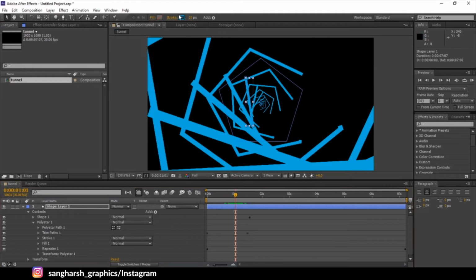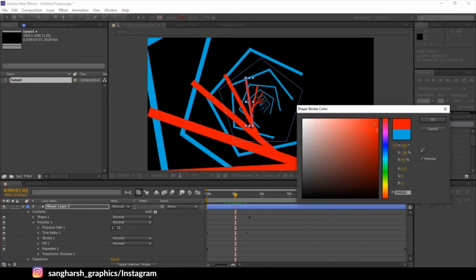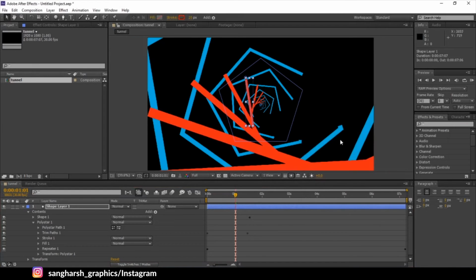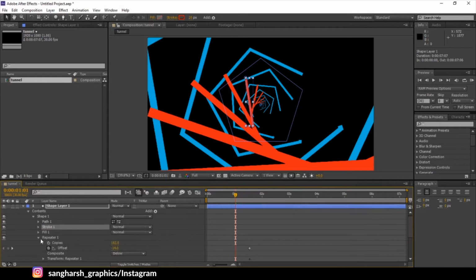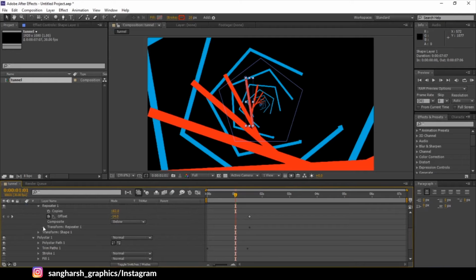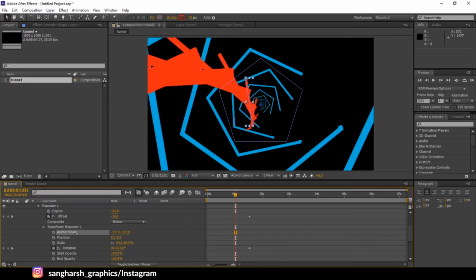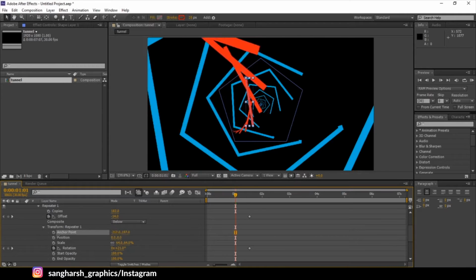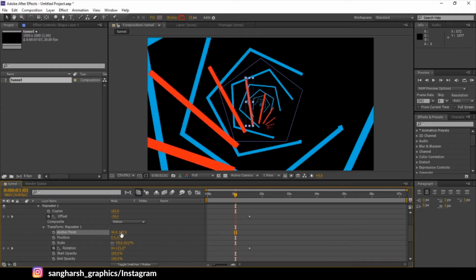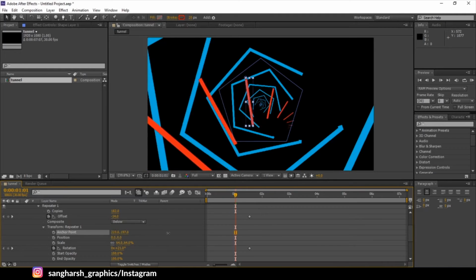Firstly let's change the color of it. Fine for now. Okay, now go to shape 1, repeater transform. Let's animate its anchor point, then it will look fine. Let's choose a decent look like a retro.